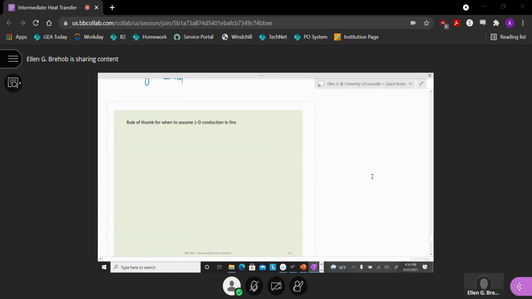We talked about this the other day because I was all excited that your review problem kind of showed this rule for when you can assume 1D conduction for fins. But I'm going to hit it again. It's a guideline for when you would assume 1D conduction. You have this idea that now that you have numerical methods, again, I keep drawing these fins, but this is going to be my plus x away from this, and I could really solve for the actual temperature throughout these fins. But our analysis assumes that I have